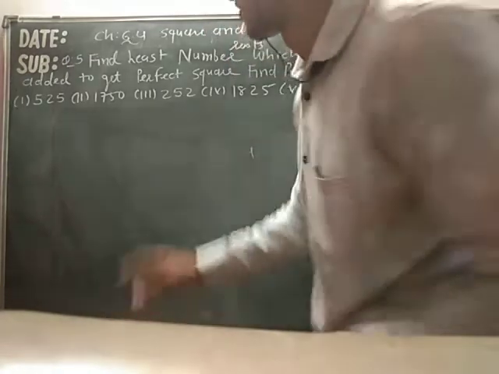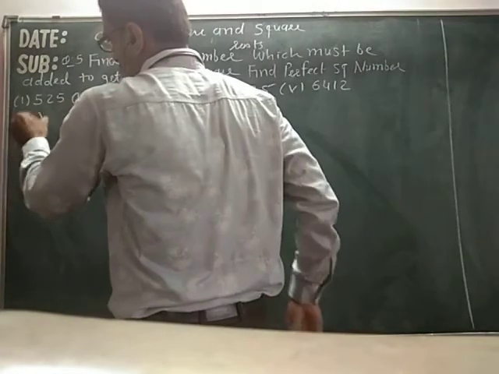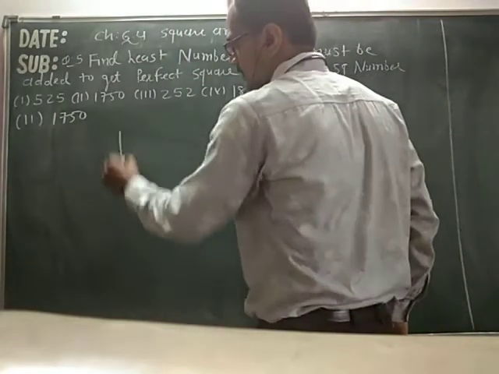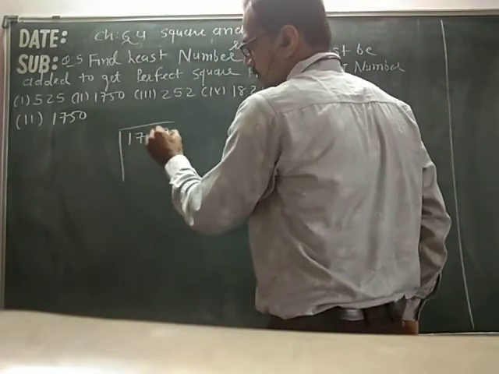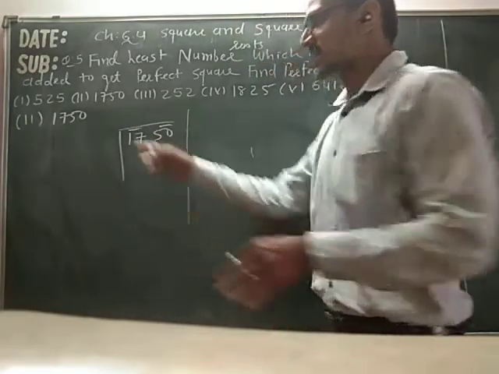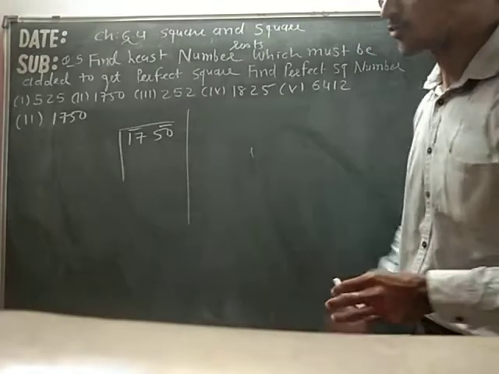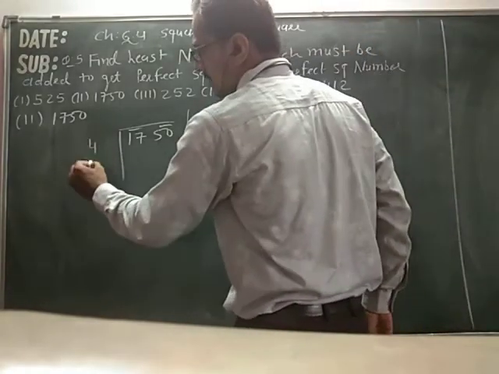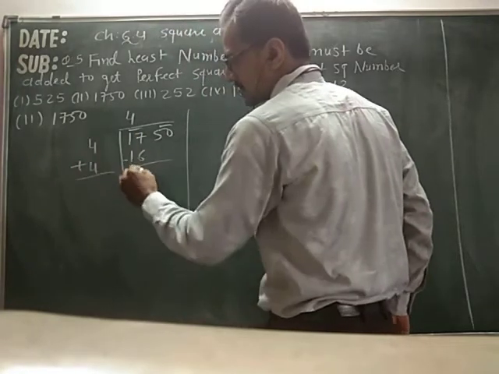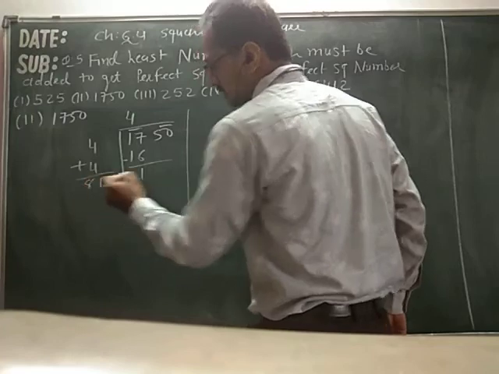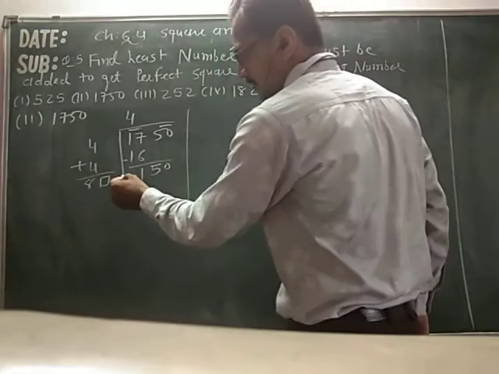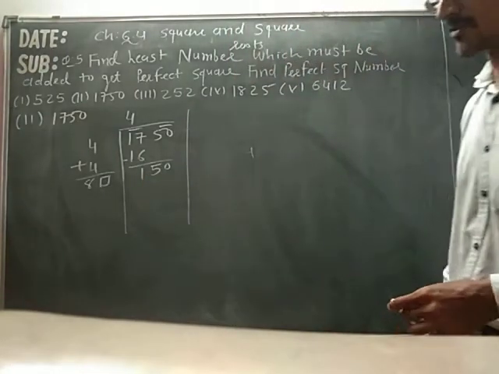Which is 1750. In the same way we'll find the square root by making pairs of two numbers. Now which square is 17 or less than 17? 4. So we'll write 4 in 3 places, up, down, and in the answer. Out plus, in minus, 17 minus 16 is 1, and here 8. Now put down this whole pair. So the question will be, here it will be 150.